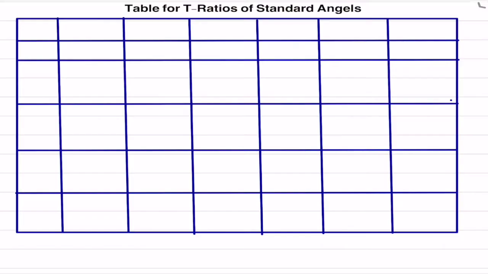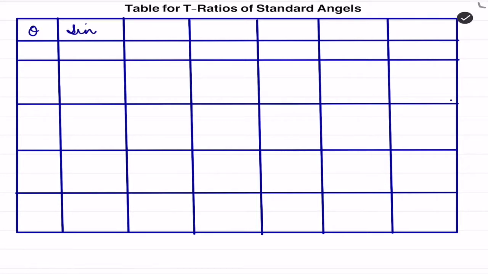Good morning students. Today we will move to the next part of trigonometry, that is the T ratios of standard angles. This is a very easy and interesting topic. You have to just pick up the values from the table, substitute in the question and solve the equation. That's it. So students, today I will explain how to make the table for the standard angles.